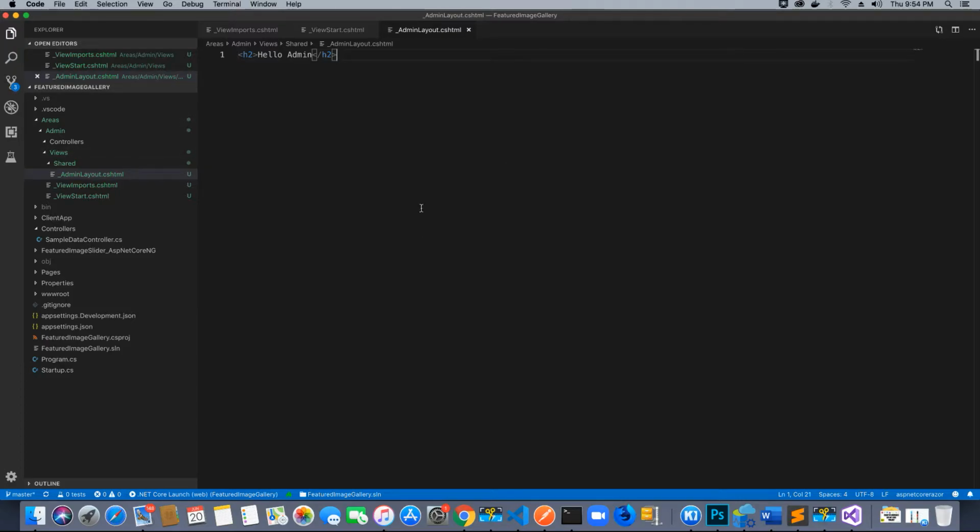Now if we run this application now, we would not yet see the admin panel because we have created an area section, but we have not yet specified that we are going to use areas in our application. So when we try to access the admin area, we're going to get a route error. So first thing that we want to do here is,